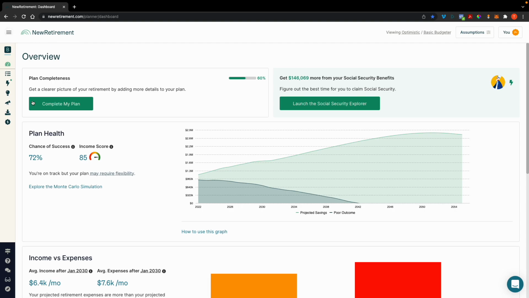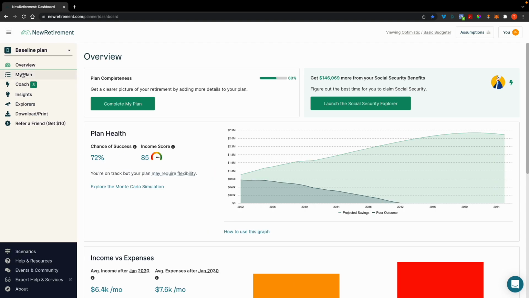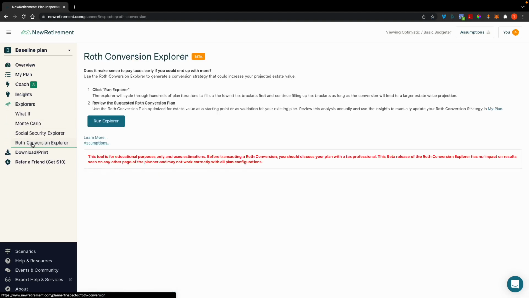So if you go to the menu within NewRetirement and you go to the Explorers dropdown, click on Roth conversions.